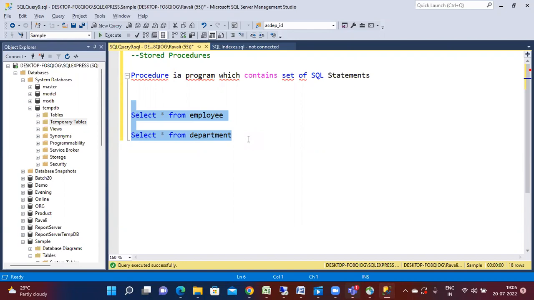So the SQL engine will convert the language from high level to the machine understandable language, which is bytecode. Every day if you run these queries, since these are simple queries, it is okay. It will not take much time to convert the query from a high level language to the low level language. But if the query is big, then it will take